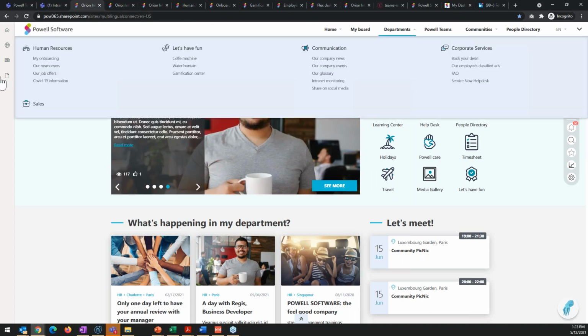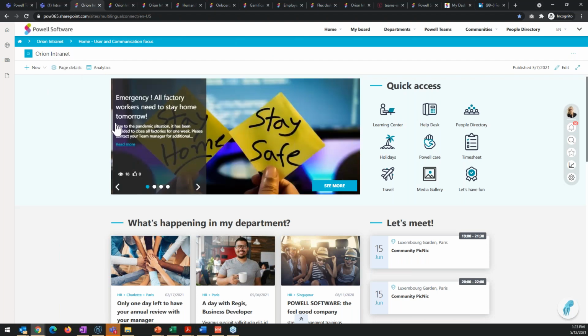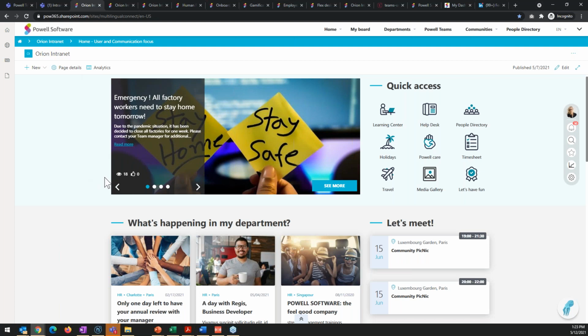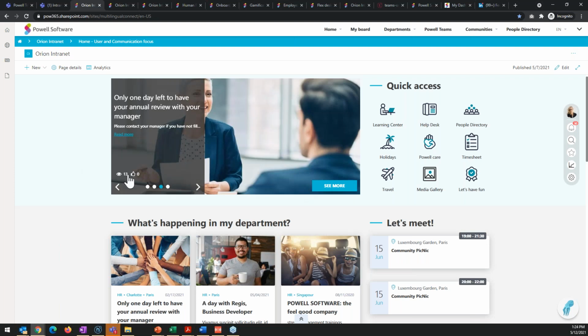Also, before I start with the homepage, I wanted to mention that the design you are seeing here is called the Orion design. The Orion design is a design that we provide with Perl Intranet, and it goes on top of the SharePoint modern experience. As you can see, it gives it a very slick look, which is really nice. I'd say today, 99% of the projects we are delivering are based on the Orion design. Having said that, if you would prefer to use the standard modern experience on SharePoint, you can absolutely do it. It's really up to you to choose the design you want for your project.